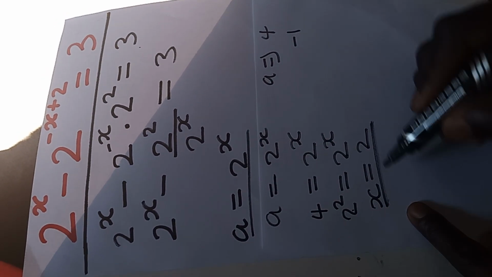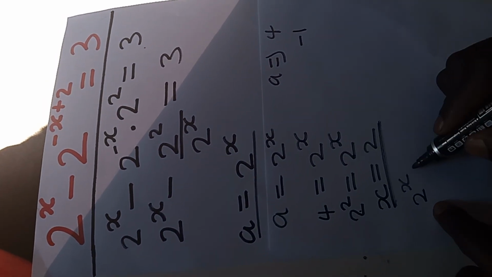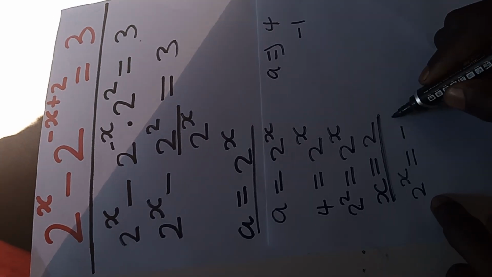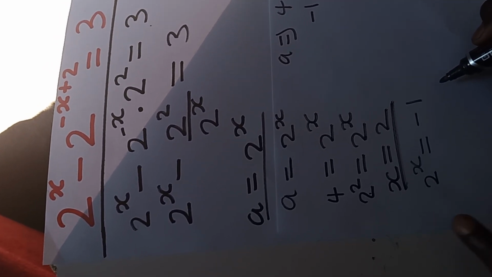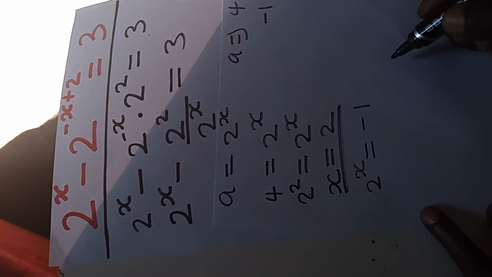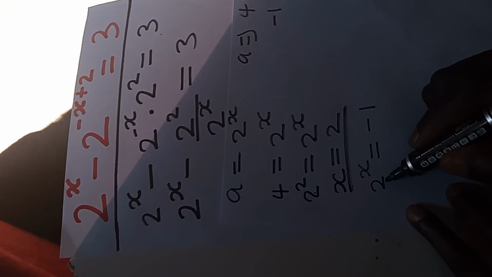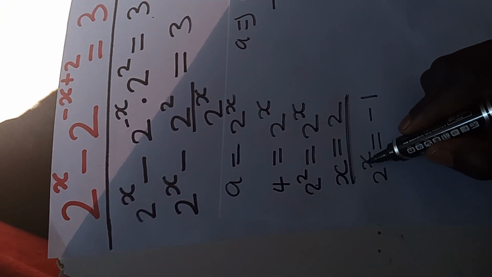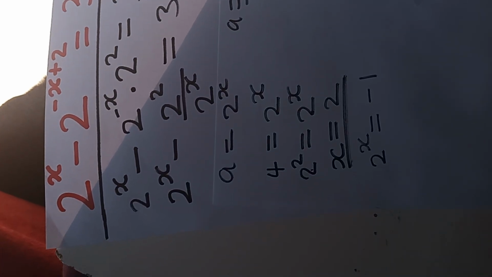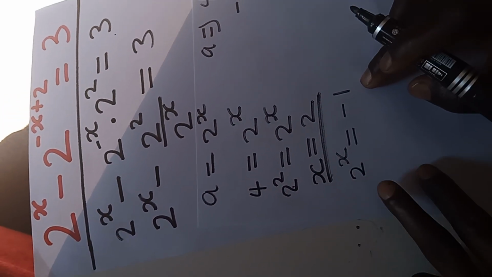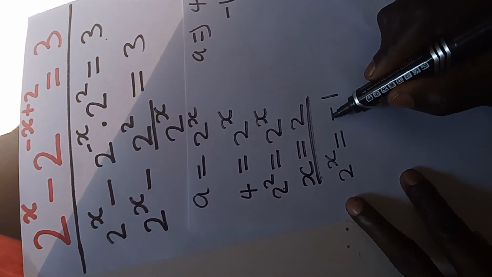For the second part, I'm going to equate 2 to the power of x is equal to minus 1. Right. Now, I'm looking for a number that I can raise to the power 2 to the power of x. This becomes our second part for x. So a minus 1